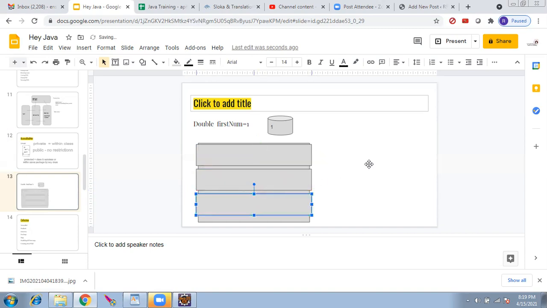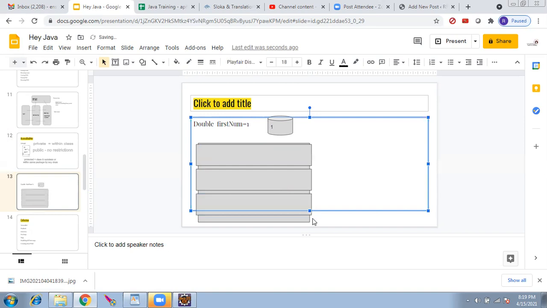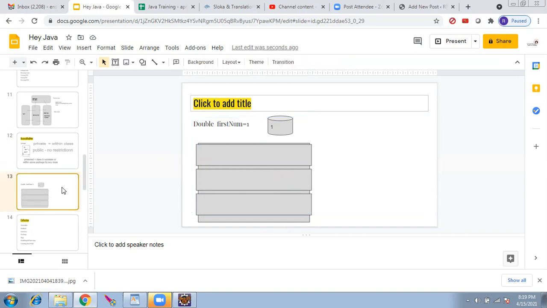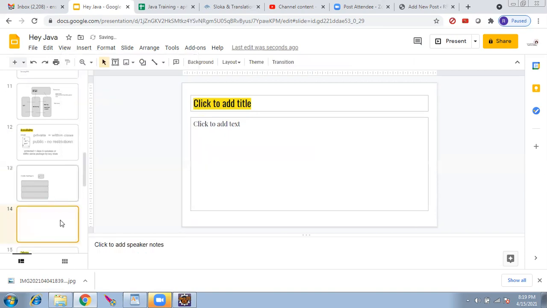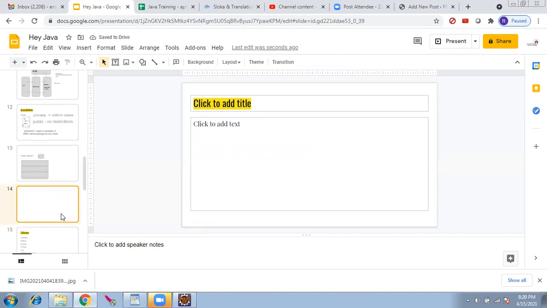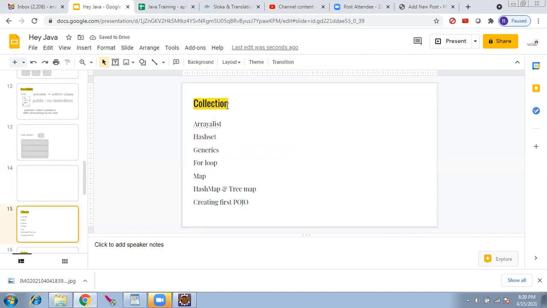So we usually want this kind of structure. To get this kind of structure, we have a list and an array. These two are called the collection objects. It's called Java collections. So we have many collection classes like array list, hash set.